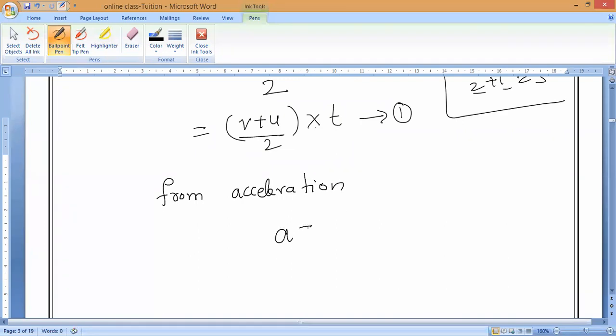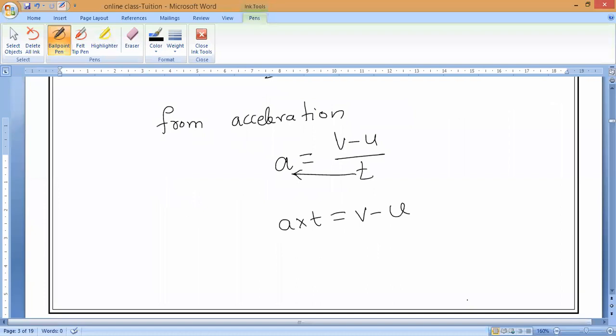As we know, the acceleration formula: acceleration is equal to final velocity minus initial velocity, v minus u, by time period, t. Change in velocity divided by time taken. Now I want the time period. Time is in division here, it will come to this side and become multiplication: a t equals v minus u. Now I want t alone, so t is equal to v minus u by a.